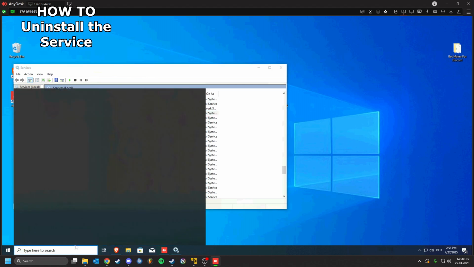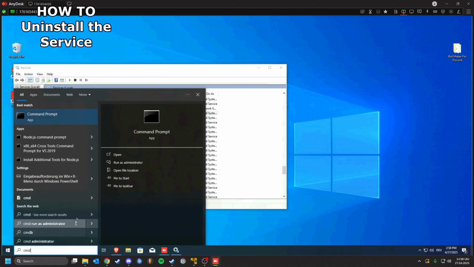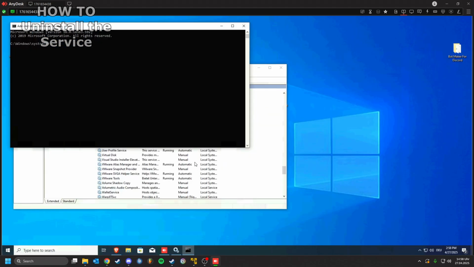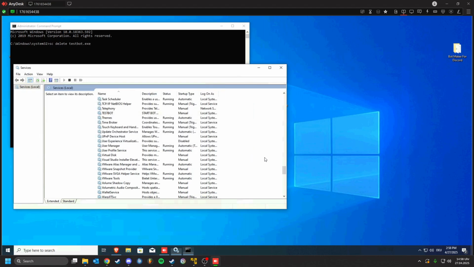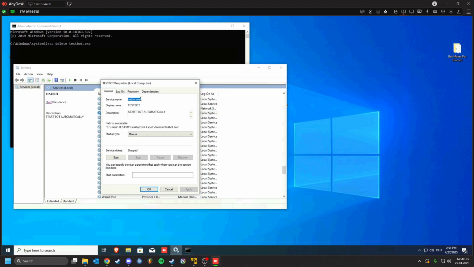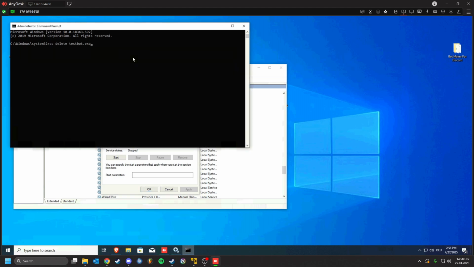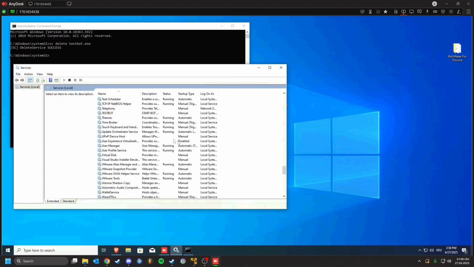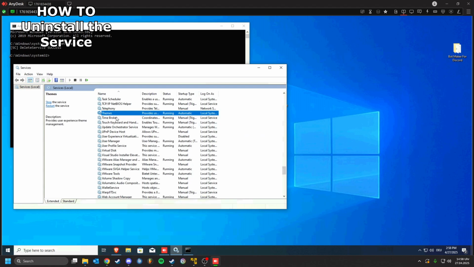Now, you open a command prompt as an administrator and type in sc delete service name. Then you hit enter. And the service is now deleted.